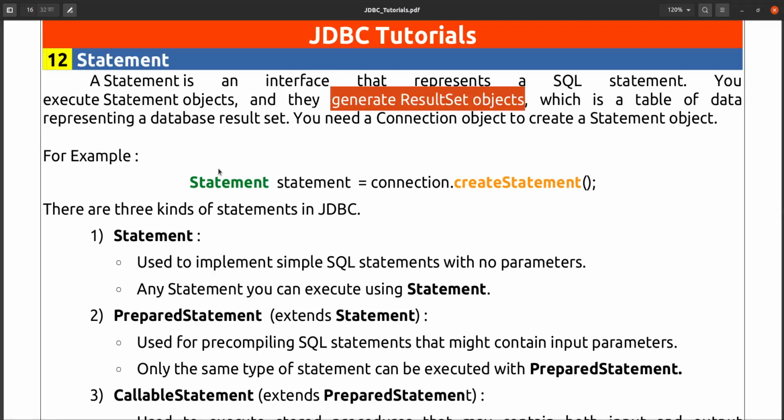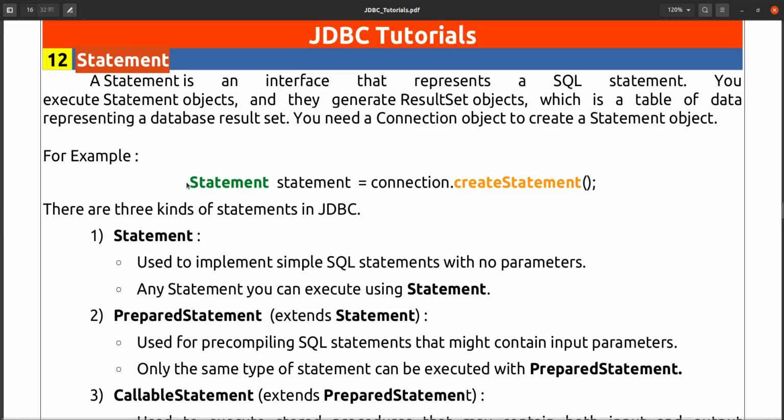Result set is what? After executing a select statement, if you are getting some result, then that result will come as a result set from the table. A statement can be an insert statement, delete statement, or update statement. If it is an insert, delete or update statement, then your statement will not return a result set, it will return the count of how many records are affected by that query. So it will give the count only. So this is about the statement.